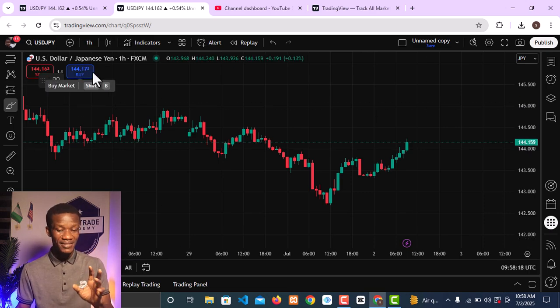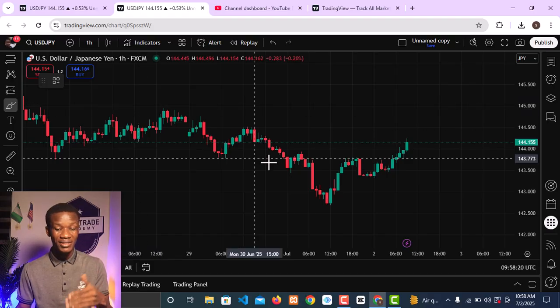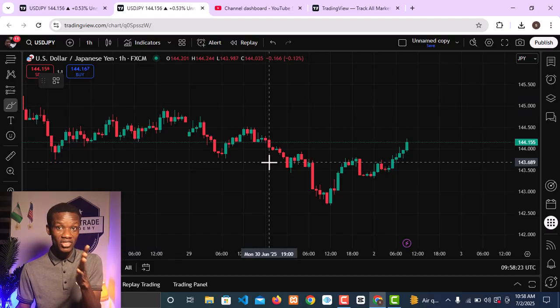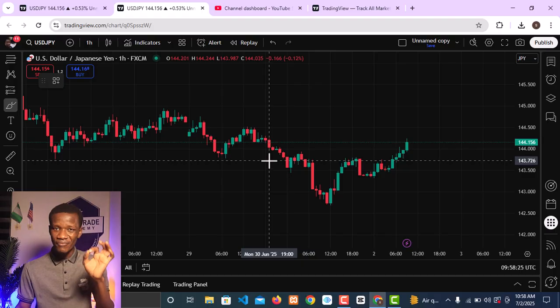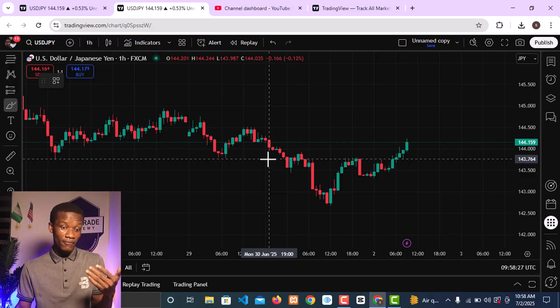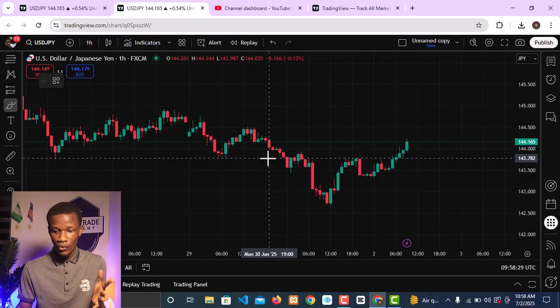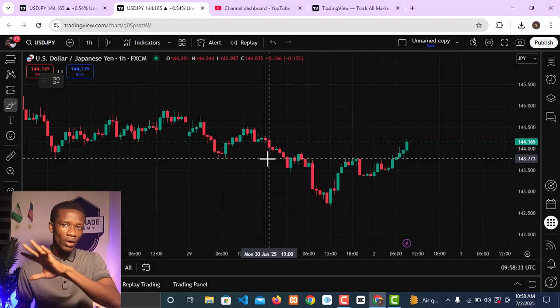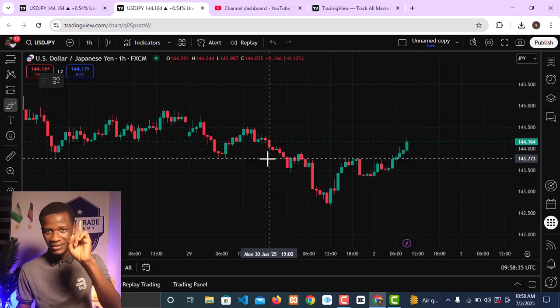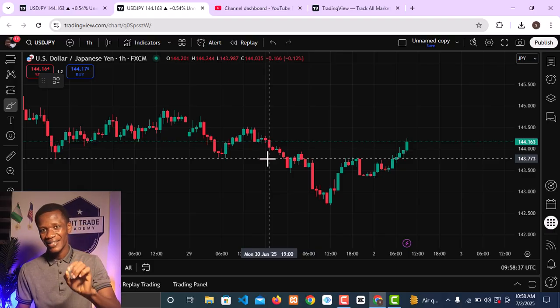The only difference is that the price action is different. It shows us different chart formation on these various time frames. And for me, that is one of the reasons why we see things differently in the market. Let's say, for example, every one of us is looking for the same thing, and we're looking at the same